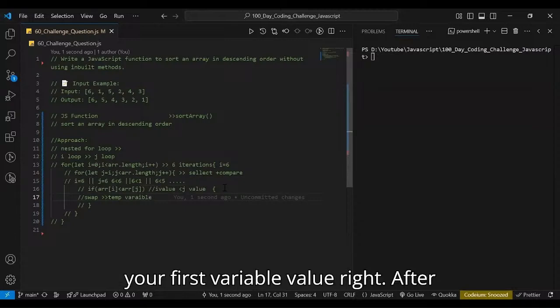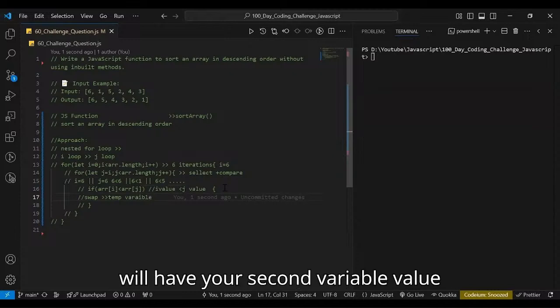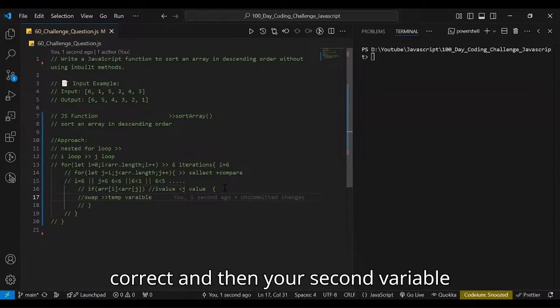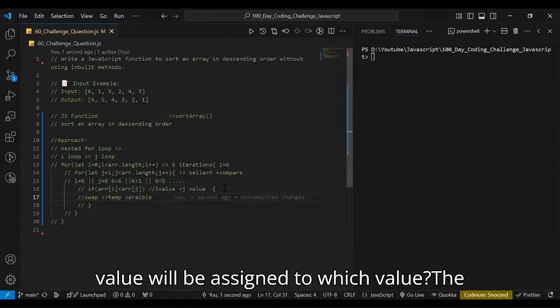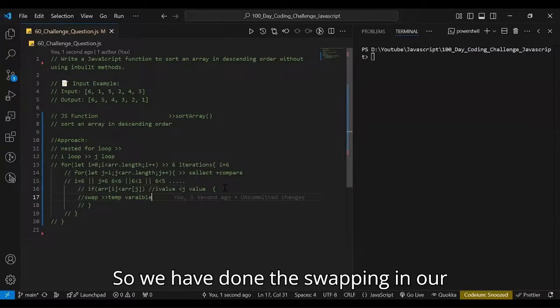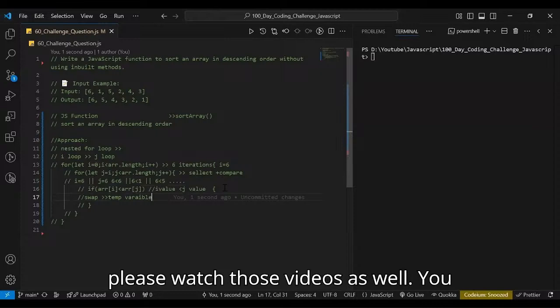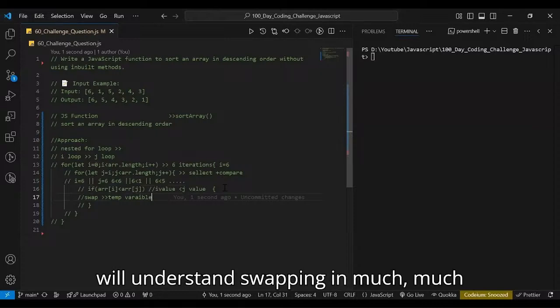After that, your first variable will have your second variable value, correct? And then your second variable will be assigned the temporary value, right? So that is what we are going to do here. I request you all, please watch those videos as well. You will understand swapping in a much